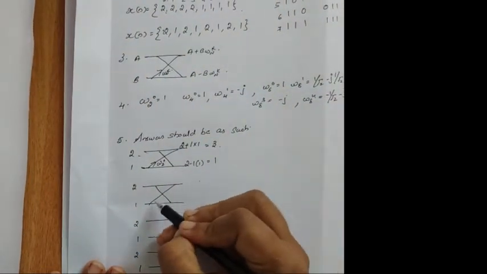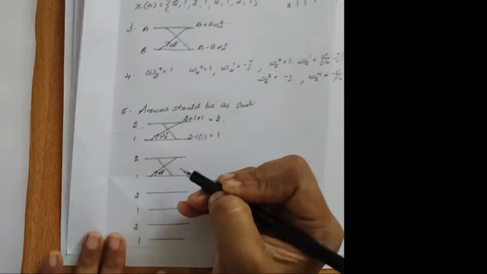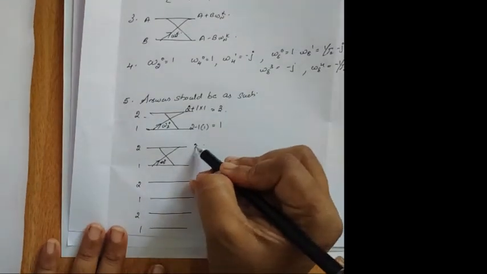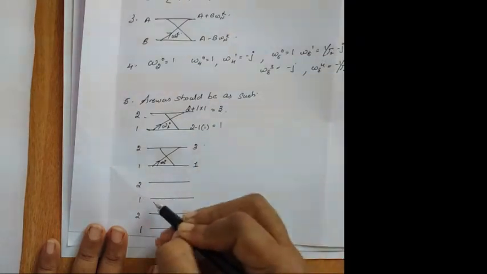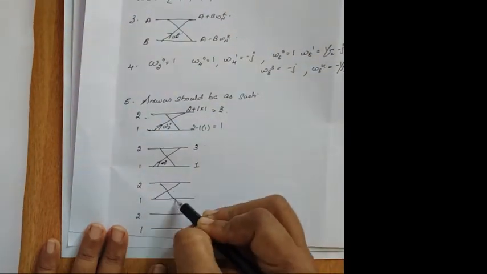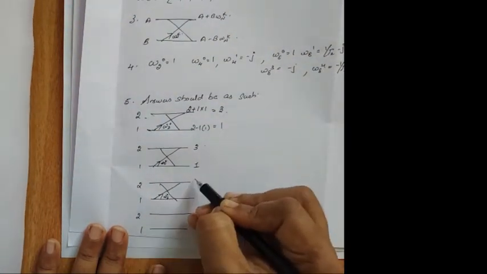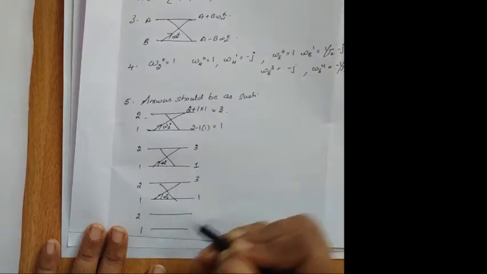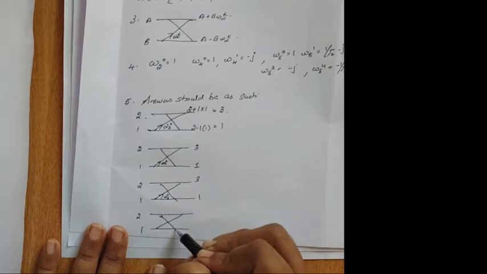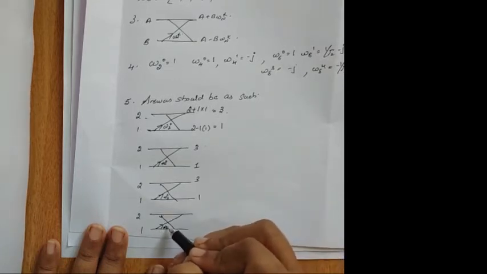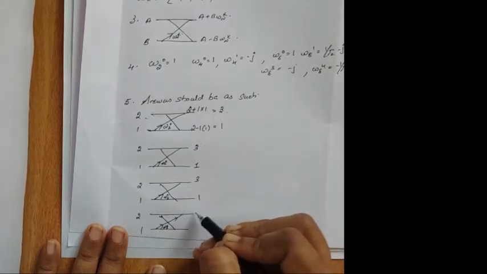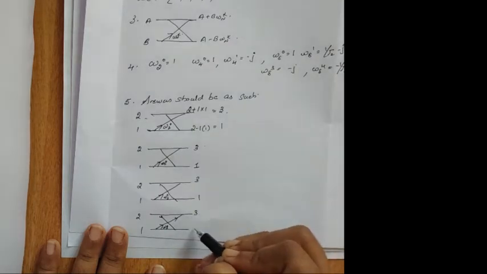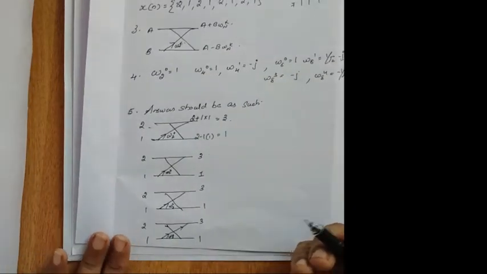Next, all are the same value, so you can go through. 3, 1. Same thing is performing. 2 power 0. Upper limit 2 plus 1, 3. Lower limit 2 minus 1, 1. Here also twiddle factor 2 power 0. Upper limit 2 plus 1, 3. 2 minus 1, 1. Okay.